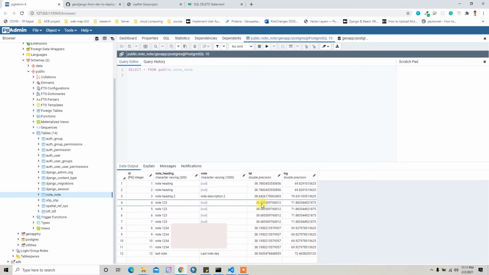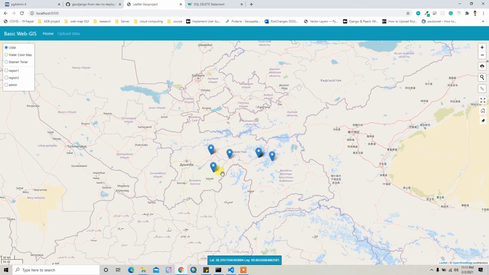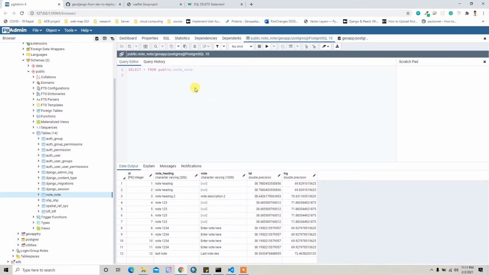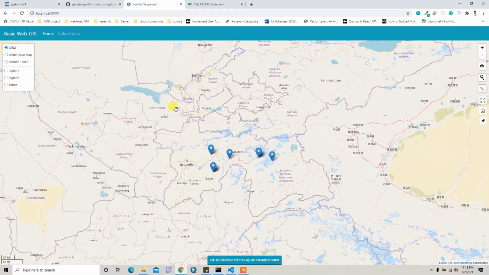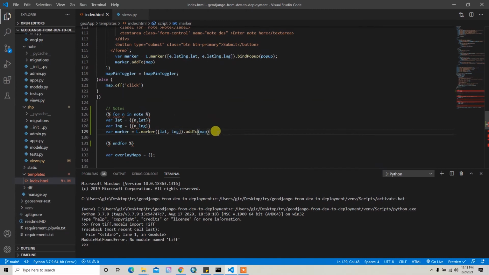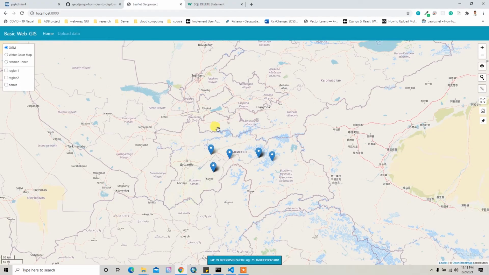That means 1 2 3 4 5, we have 5 individual sets of data. That's why it's showing only the 5 markers, because we have 5 different lat and long values. So in this way you can add the marker to the map.